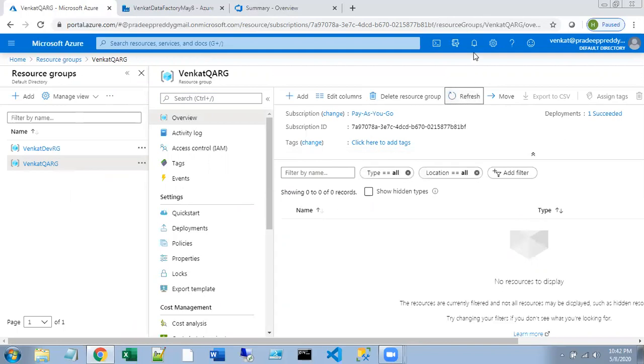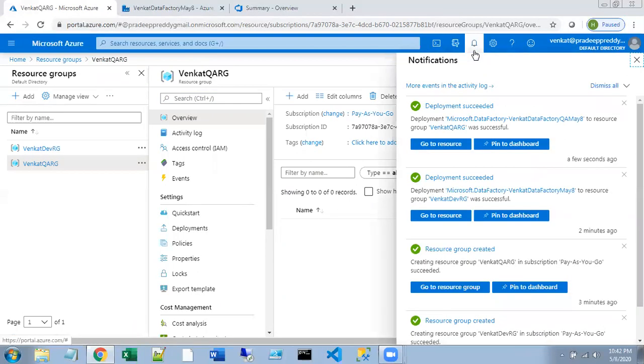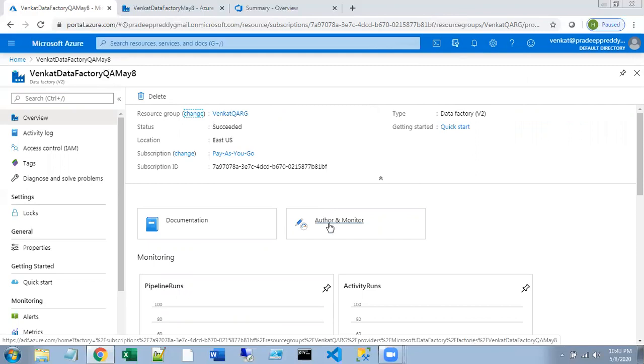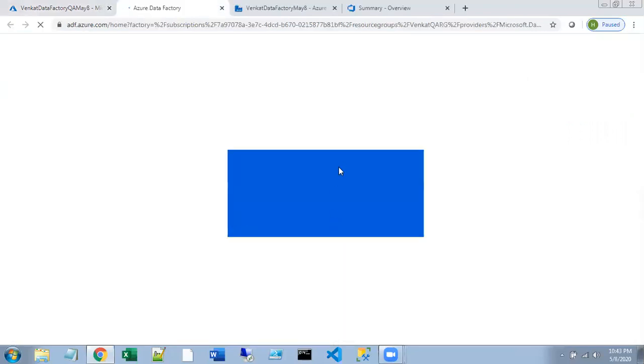You can directly go to the corresponding resource, the data factory. You see here, I can click this go to resource to go to that QA data factory. This is the QA one that I created in the QA resource group. I'm going back to author and monitor.